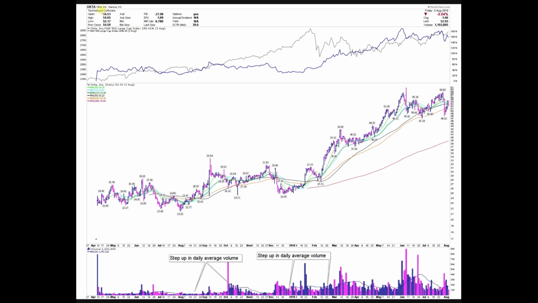Something like OKTA in the application software space started seeing, since its IPO, an increase in volume, which is basically a cluster over a month. Then we see, within the context of the overall markets, increases and decreases as price was trading. This substantial increase, from less than a million on a 20-day average, increasing steadily over a span of multiple months, shows institutional activity on the charts itself.